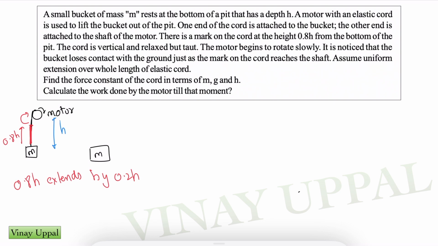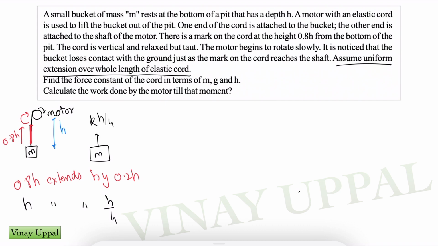So therefore the 0.8h portion of the cord has extended by 0.2h, and therefore it's extending by 1/4 of its natural length. Now here the question says that assume uniform extension over the whole length of the elastic cord. So therefore h will extend by 1/4 of it, so h by 4. So the entire cord is extending by 1/4 of its natural length, and therefore the force is going to be